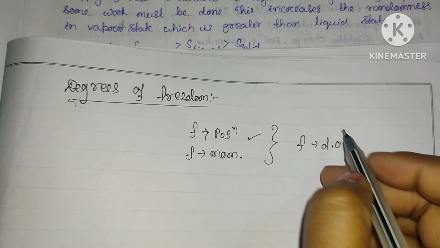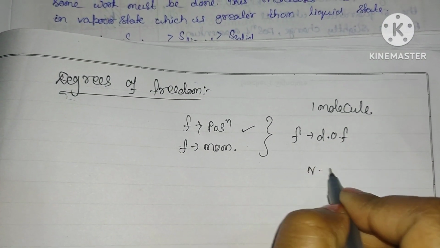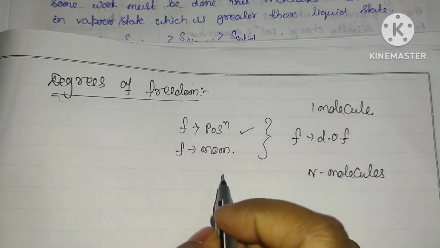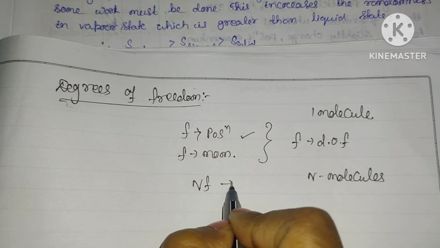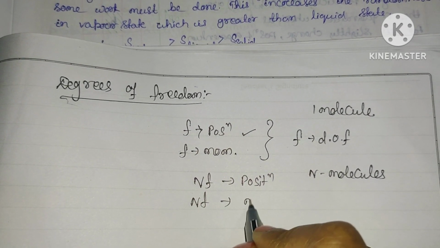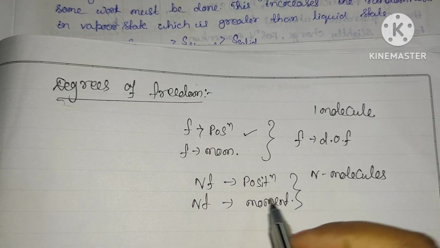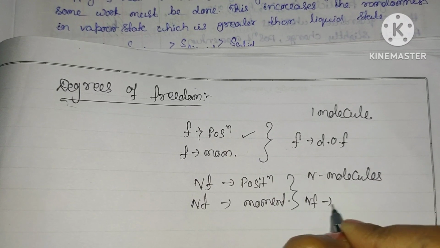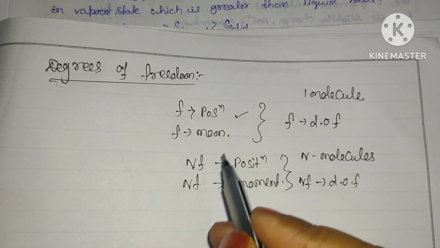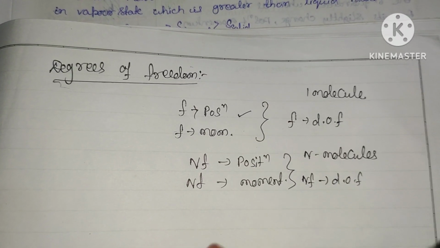Suppose there are n molecules, here we have considered one molecule. If now we consider that the system constitutes n molecules, then to define the energy of that system, we have to define nf position coordinates and nf momentum coordinates, so that we can define nf as the degrees of freedom. So this is my nf, degrees of freedom. We can say that the degrees of freedom is the number of ways we can define the particle. Clear? So this is the degrees of freedom.